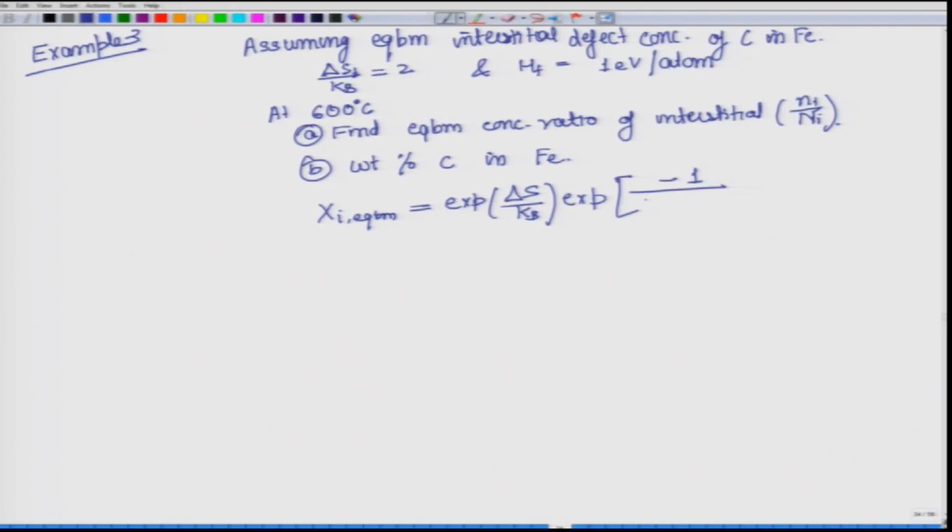So, again we will use Kb, we will just use 6.2, you can use 617, it is not a big deal, you will end up with a very close value. So, this comes out to, once you solve it, you know delta S by R, which is 2, and when you solve this you would see that this is